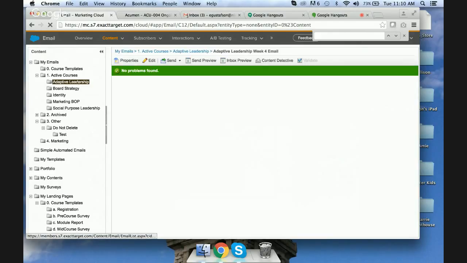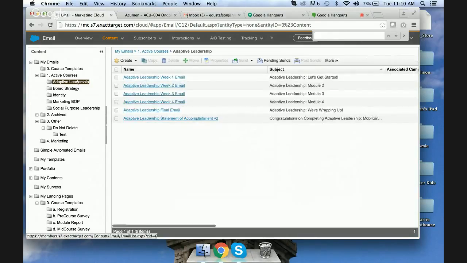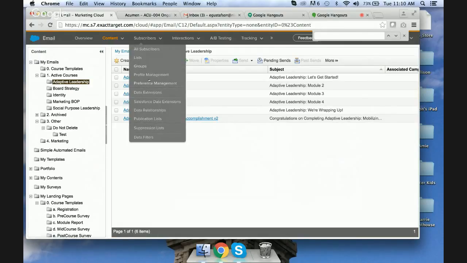Cool. So that all checks out. So the next thing we have to do is we're going to create a couple of filters to point to this data extension that we created for each of the emails. And so this is where we're going to define that logic. So under subscribers and then data filters,